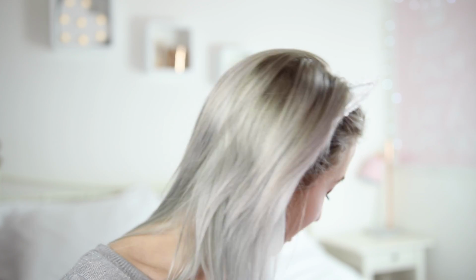I really like it. So I'm now going to put some fake lashes on and then I'm going to do my bottom lashes afterwards. I don't know why, I just find it easier to do it like that. So for bottom lashes,